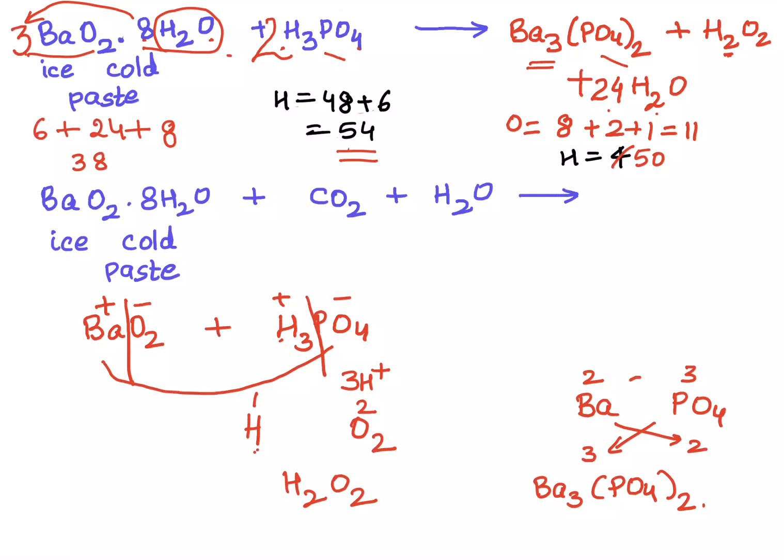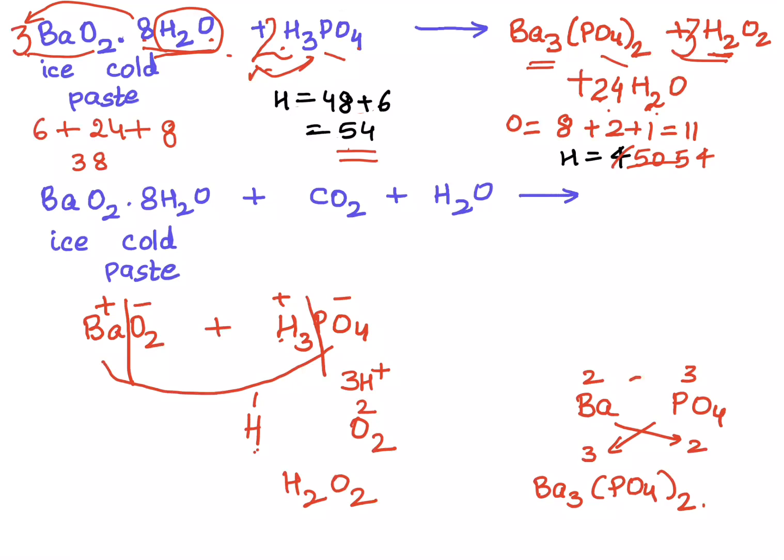Tricky situation, right? But if you notice, we've already catered to the water. Now 3 times 2 is 6, whereas here I have 2 only. How do I make that 2 into 6? Very correct. So let's put a 3 over there. Now let us see, have we been able to balance the hydrogen? 24 times 2 is 48. 48 plus 6, perfect. It gives me 54. So hydrogen is balanced.